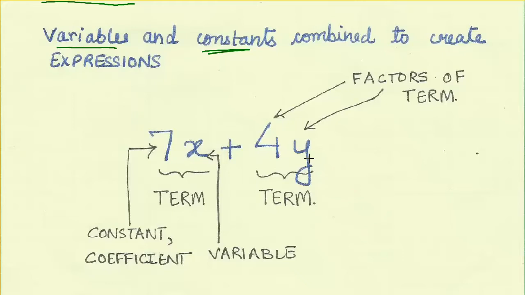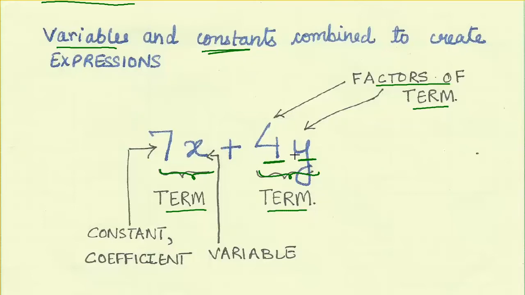Now, if you look at the two components which are forming the expression here, 7x and 4y, these two are known as terms of the expression. So this expression has two terms, 7x and 4y. Now, if you look at the terms individually, you can see that this is a constant and this is a variable. So these two are known as factors of the term 4y,